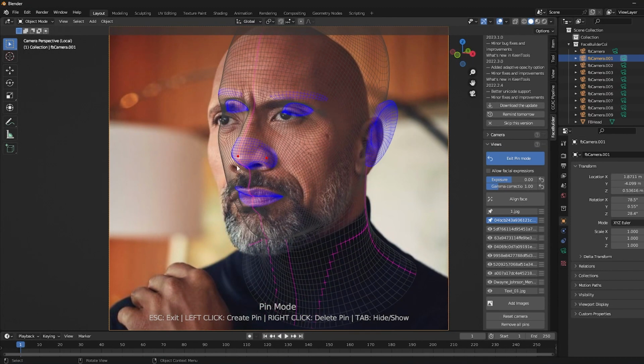And if you make the same mistake as me and your model turns around, just click on Reset Camera, and if you want to remove all the pins, just click Remove All Pins.